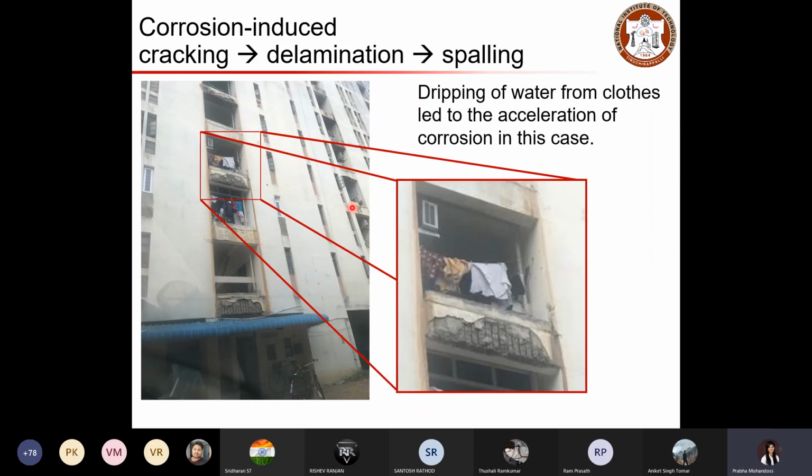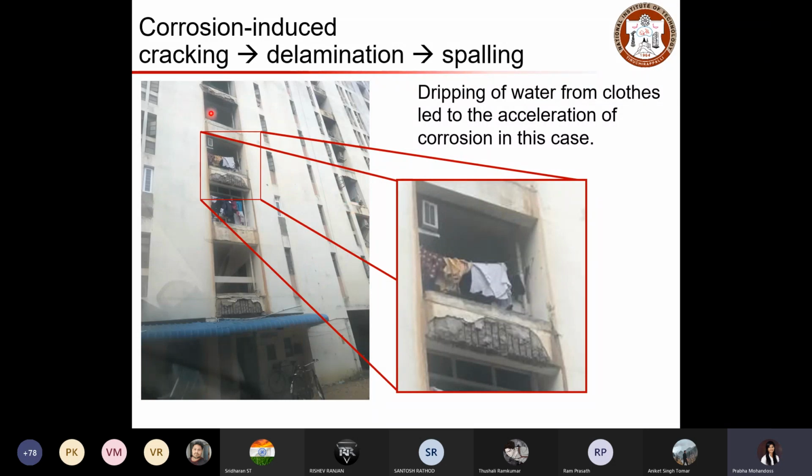naked eye. These are some other examples which sensitize the severity of corrosion, which could lead to concrete spalling. Further, you can see the rebars exposed to the environment. Once it has attained this stage, the further reaction will be much faster, and that may reduce the performance significantly. So what is the reason for this type of cracking?